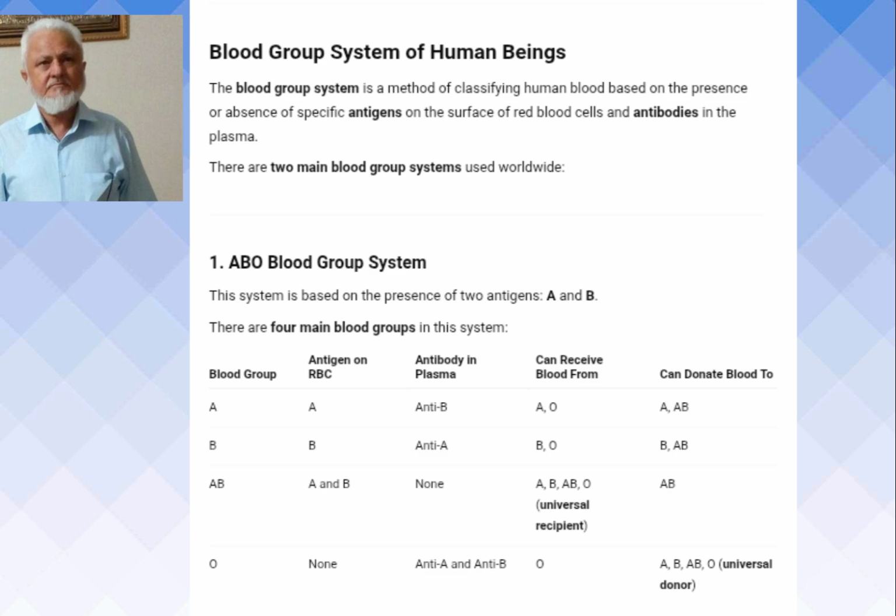Number 1, ABO blood group system. This system is based on the presence of two antigens, A and B. There are four main blood groups in this system. Here is the classification. Blood group A: antigen on RBC, A; antibody in plasma,